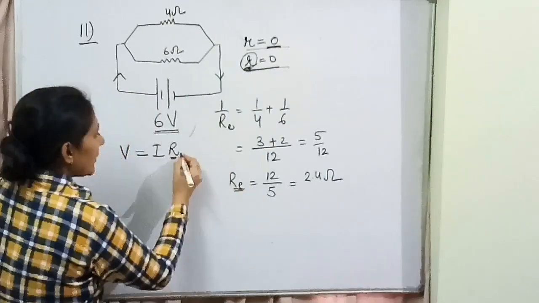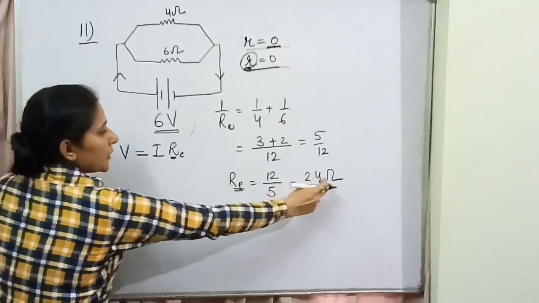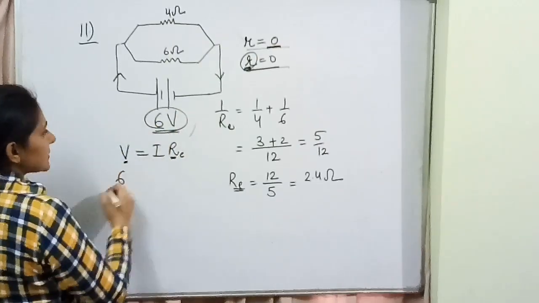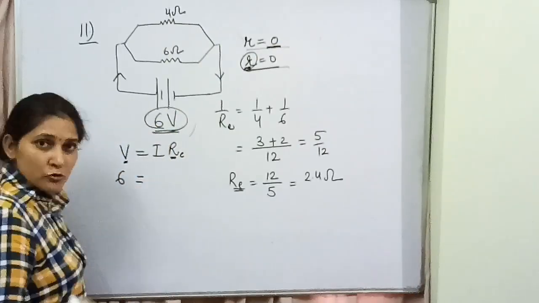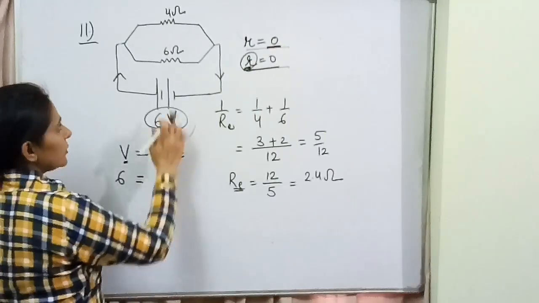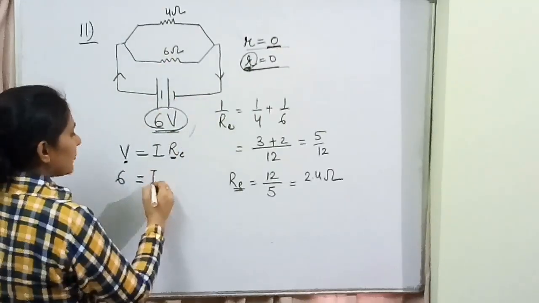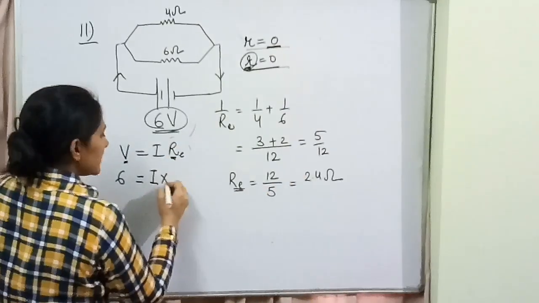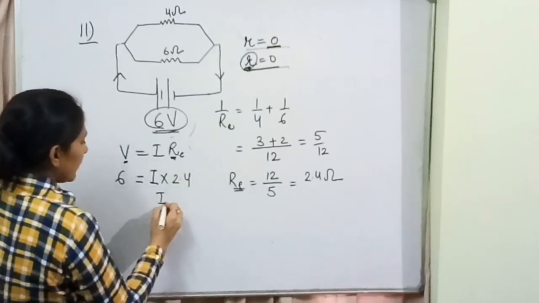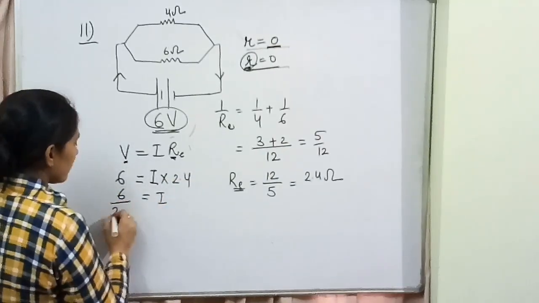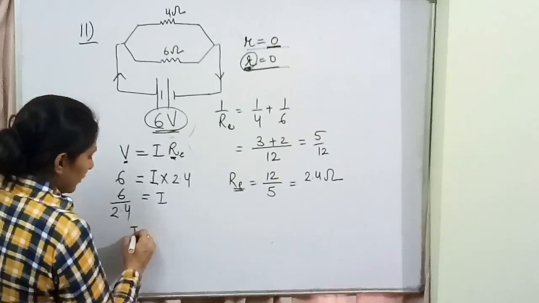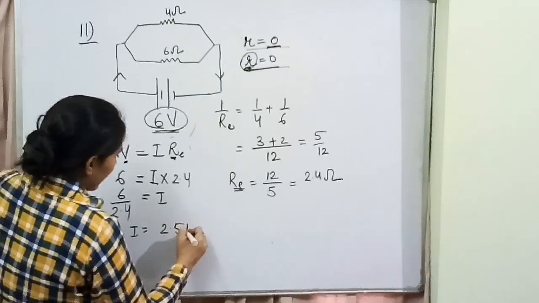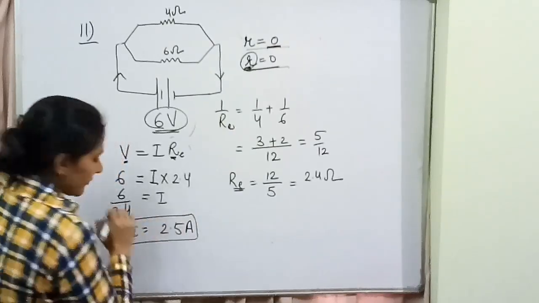So this resistance R equivalent which we need over here is 2.4 ohm. The value of V given to us is 6 volt. We are supposed to find out how much current this battery is able to provide to this complete circuit, that is I. And the resistance of the setup is 2.4 ohm. From here we can find the value of I, that is 6/2.4, and the value of I calculated is 2.5 ampere. Okay, this is our second part.